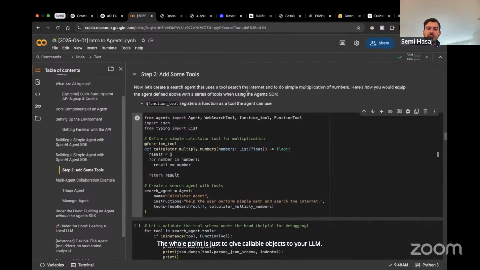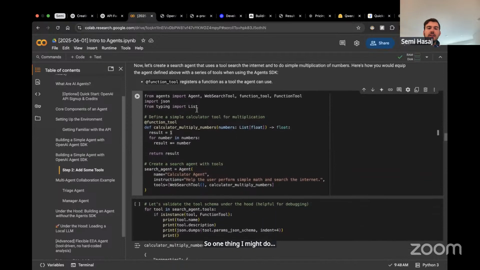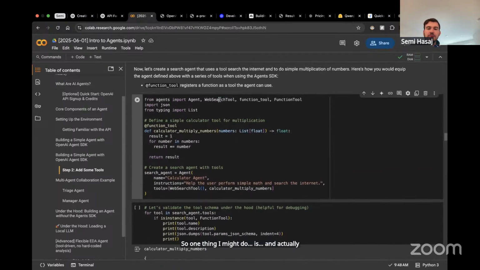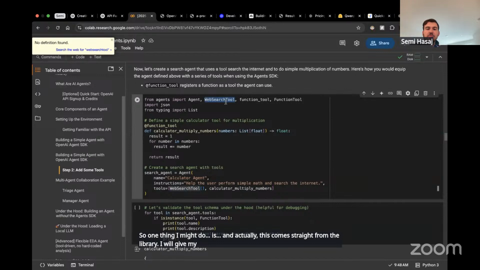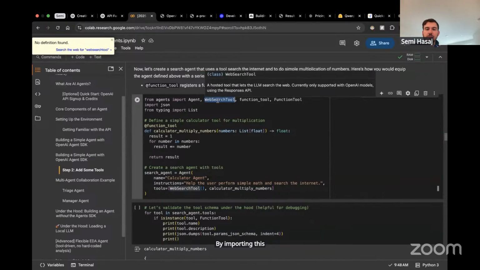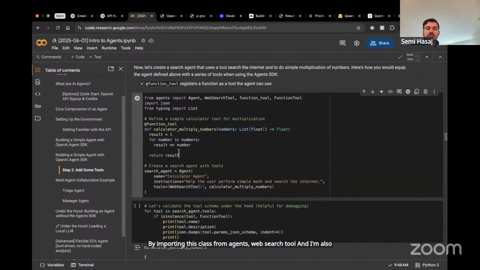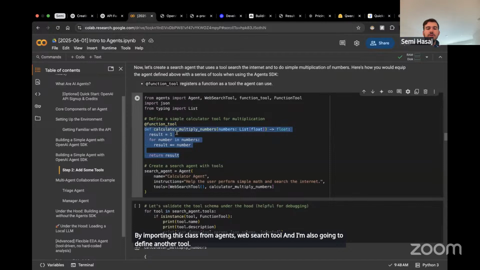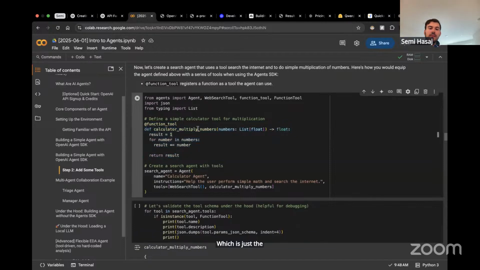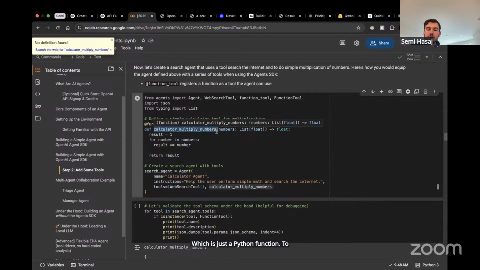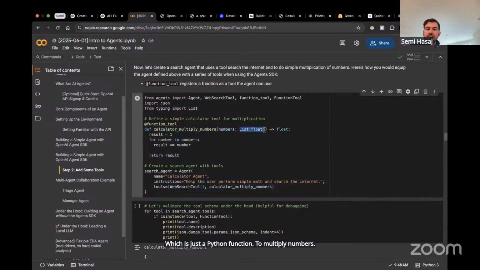So one thing I might do, and this comes straight from the library, is give my LLM the ability to search the web by importing this class from agents, web search tool. And I'm also going to define another tool, which is just a Python function to multiply numbers that I provide in a list and then return that output. So that's what I have here.